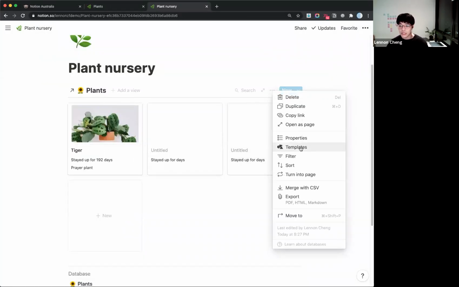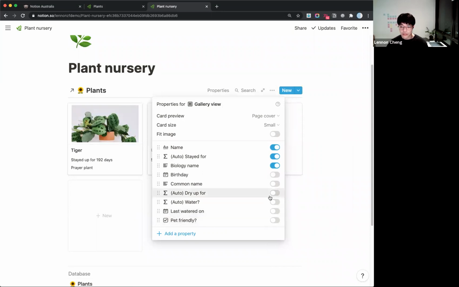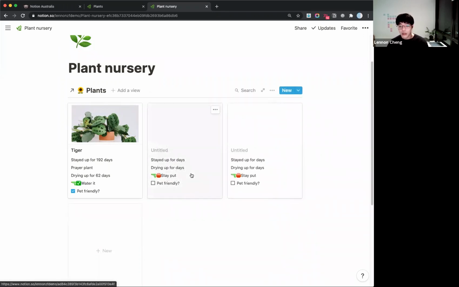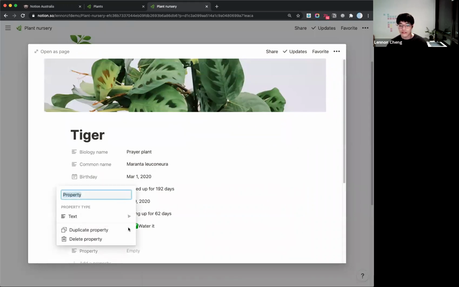If we go back to this page, again, let's turn on the things that we've just added. Drying up for, do I want to water it? So in this case, I don't even need to know how long it has been drying up if you don't want to see it. Just for my benefit, I do want to see it, I might actually water a day before or something like that. And we can say pet friendly. So for some people, this tick box is more than enough, and that's fine. If a little tick is enough for you to stay alert around this plant, that's absolutely fine. What I want to do is make it a little bit more visible